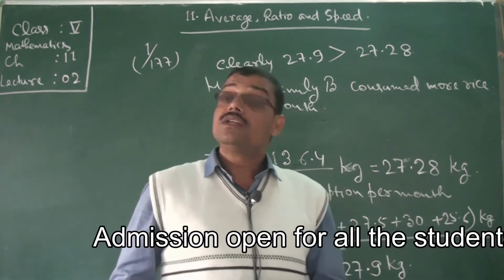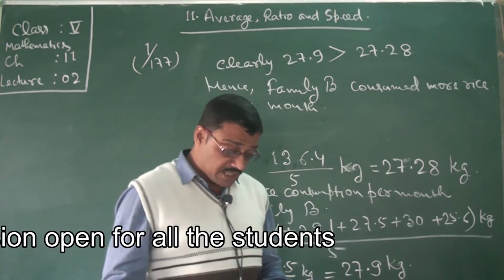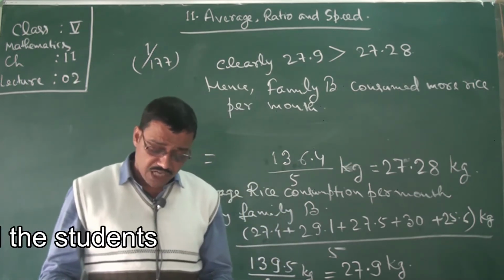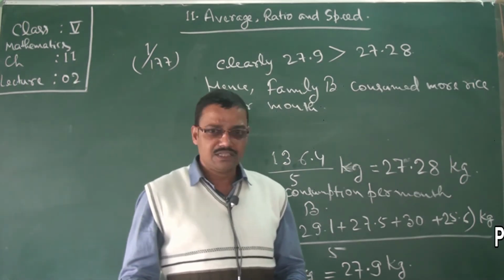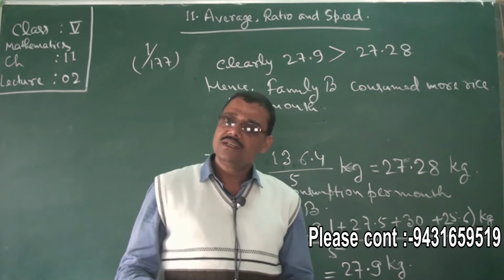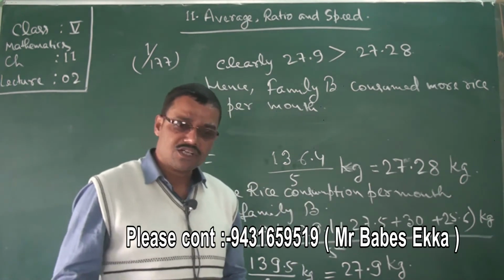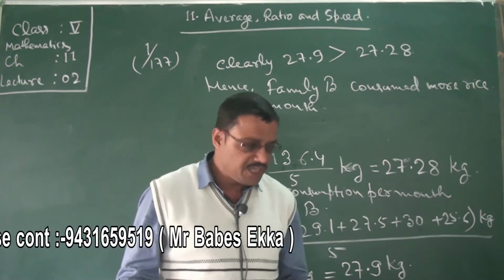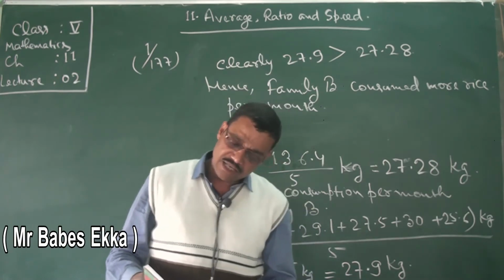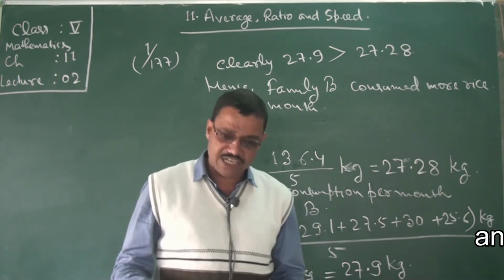In the 4 number, the marks of 20 students of class 5 in maths test are given below. Let me look at the questions. Find the average marks scored by the students of class 5. Take the sum, count up the numbers, how many numbers are there, and divide them. Find out the average as I had taught you.